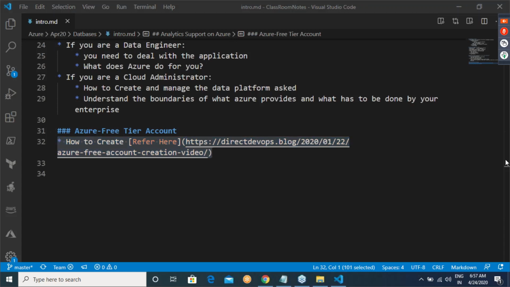Some of the people have come to me and said, sir, we have created an account, you said that it is free, but still I get the bill. Yes, you will get the bill because you are using whatever is not free. Basically, some of the people create the machines and forget to delete the machines.